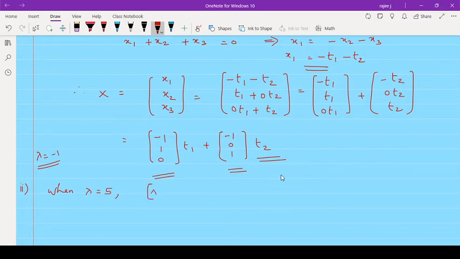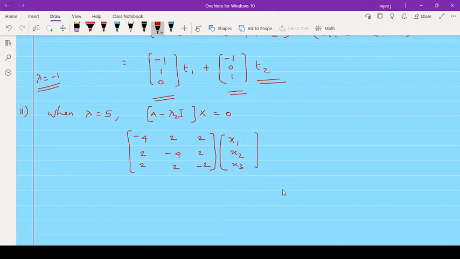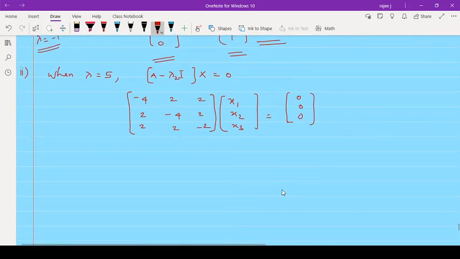So let (A minus lambda I) x equal to 0. So here again we subtract 5 from the diagonal elements. So you will get it as minus 4, 2, 2, subtracting 5 from diagonal elements. So 2, minus 4, 2 and 2, 2, minus 2, times x1, x2, x3 equal to 0, 0, 0. So again simplifying this one, you will get the vectors as,